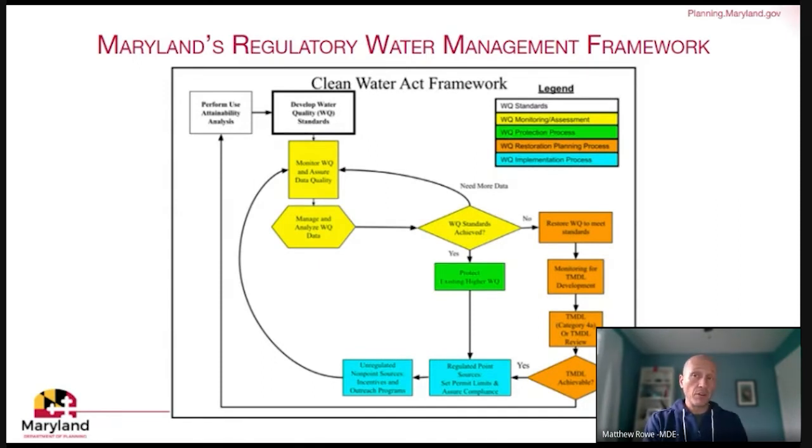So if you're planning growth and development under that scenario, you may want to go above and beyond what's required in your permit, for example, whether that's putting additional stormwater requirements in place or other control mechanisms to ensure that the growth and development that happens in that watershed isn't going to further exacerbate your poor water quality